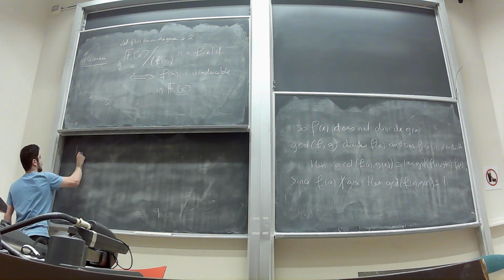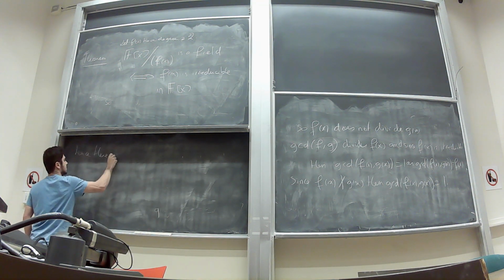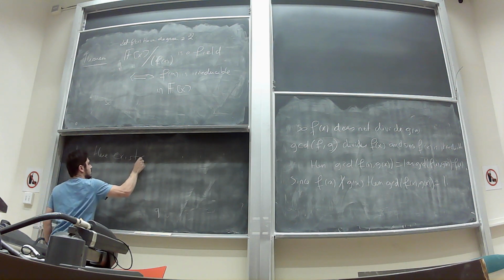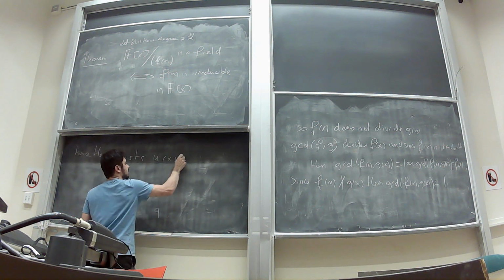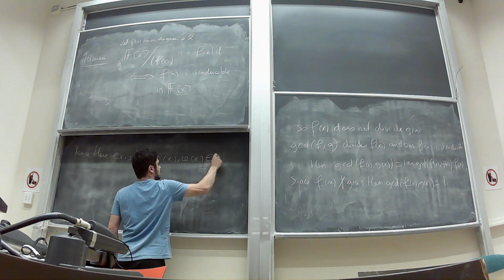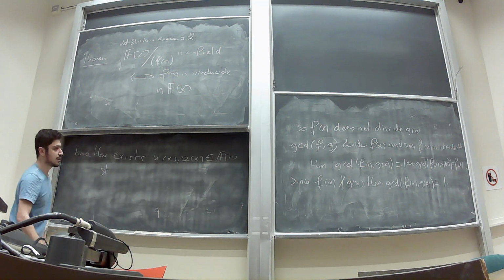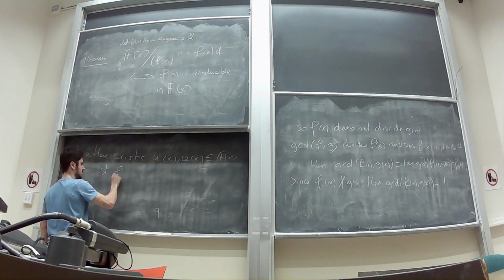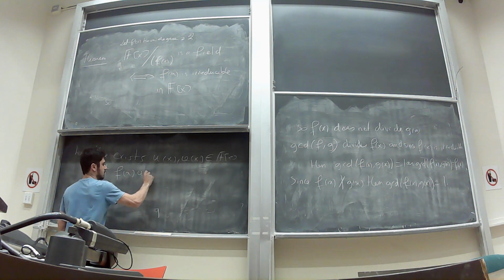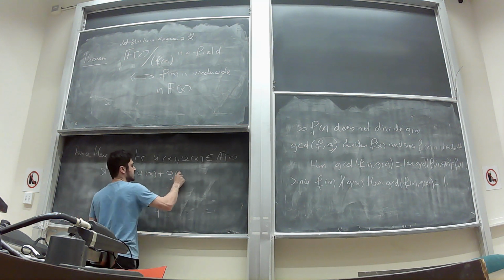Hence, there exist u of x and v of x such that f of x u of x plus g of x v of x